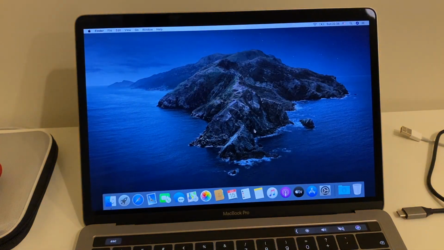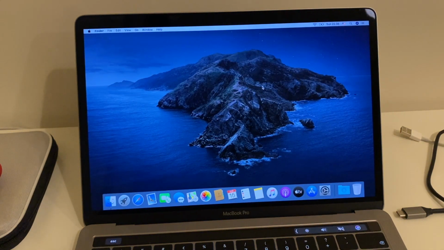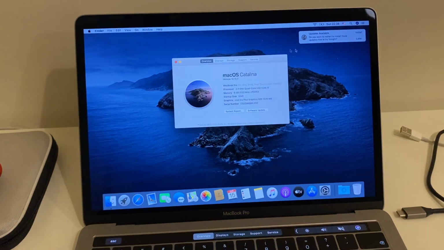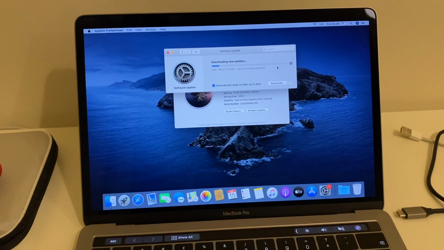So my Mac operating system is almost ready, but now I have installed the Catalina version. Updates come automatically here, so I first install the updated version, and then I install the rest of the software. You can use this process to format and install the Mac operating system.